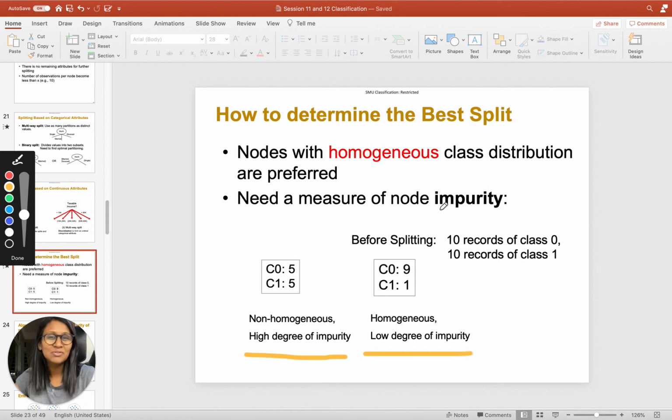So in order to determine the best split, we will measure the impurity of a node. And in order to measure the impurity of a node, there are specific mathematical measures that can help you do that. In the next video, I will be talking about a measure of impurity which is called entropy, which will help us decide which attribute will give the best split for a given decision node.